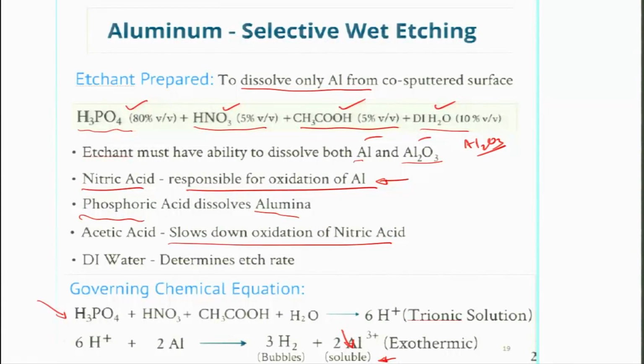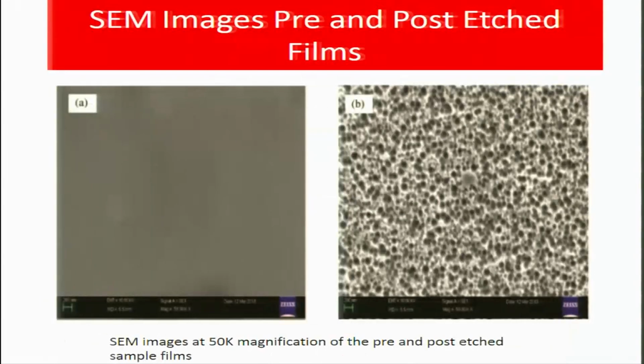deposited. So, we have now investigated the structures through scanning electron micrography, and you can see this is the pre-etched structure at magnification 50,000, and this is the post-etched structure, and you can see a lot of pores suddenly appear where the aluminum was placed. So, it is a highly nanoporous structure. Each of these pores, the scale being about 300 nanometers, indicates these pores may be close to 20 to